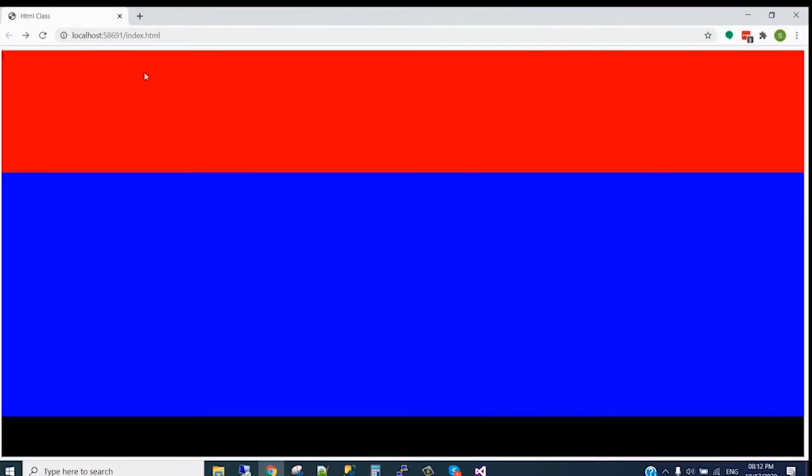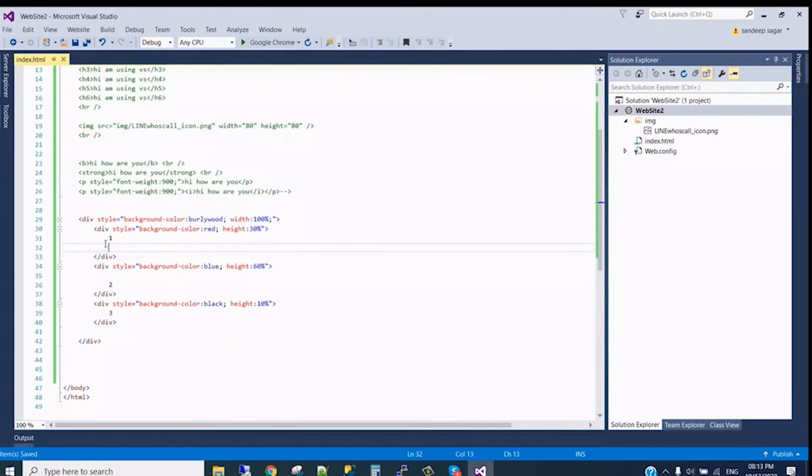Okay, so now we divided this into 3 sections. Same way, on the left side we want one image, the middle one text, and the right something else. So now it is the above part.